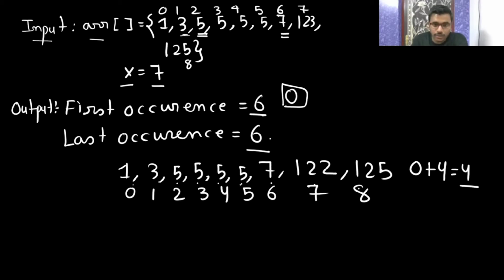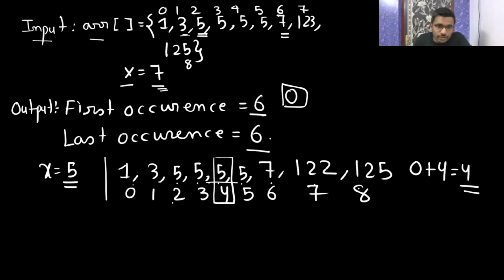Now this is the element you got, and you are searching for the element 7. Now let's assume here you are searching for the element 5. You got the mid element as 5 only. Okay, so are you going to return that 4 as the first occurrence? No. So what you have to check is whether on the left hand side you are having a smaller element than 5. Means if you get, like, you got 4.